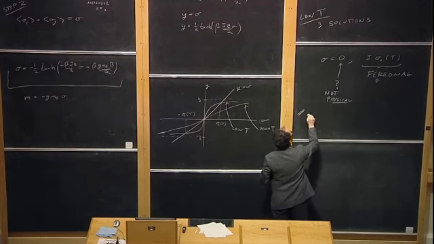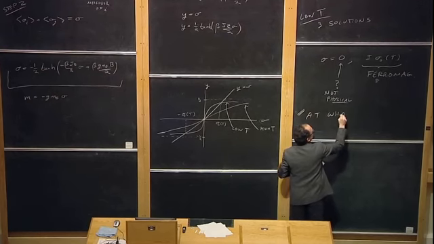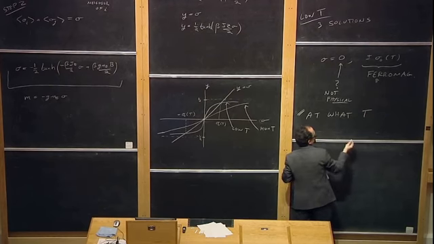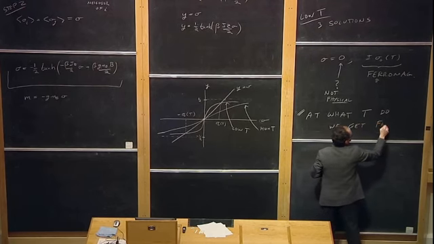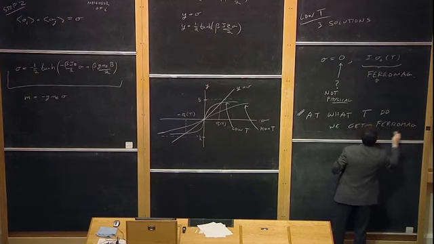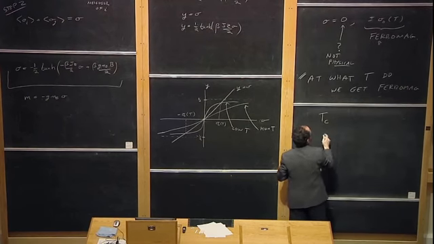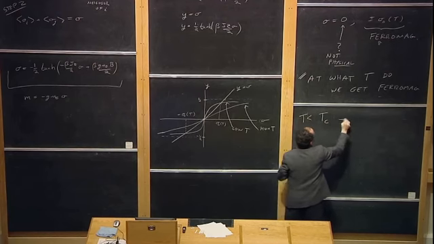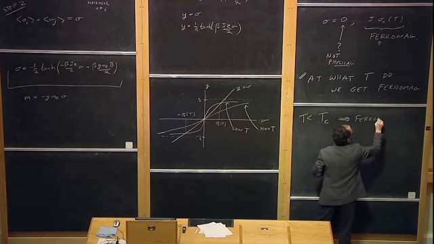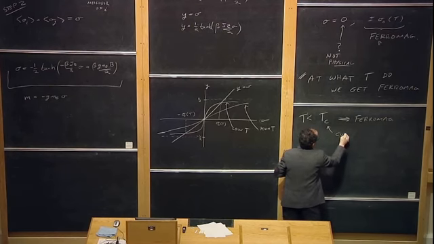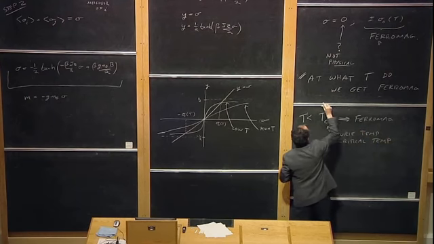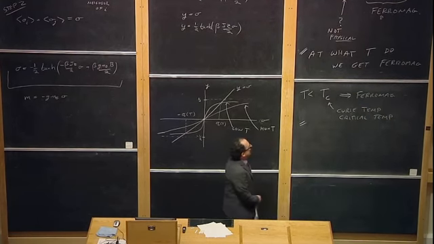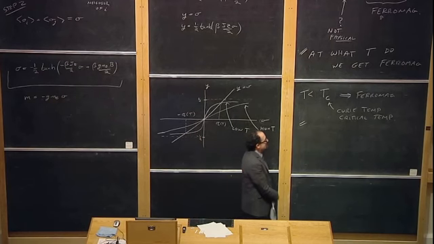So let's write that down. At what T do we get ferromagnetism? Well, there's actually a name for that. For T less than Tc, you get ferromagnetism. And Tc is known as the Curie temperature, or the critical temperature, below which you have ferromagnetism. So we'd like to know, what is Tc, or when do we get this ferromagnetism,